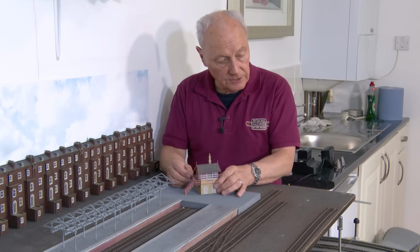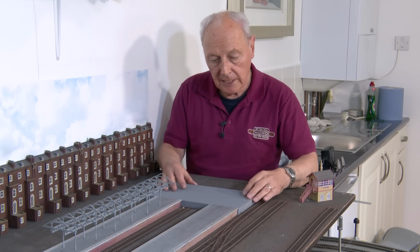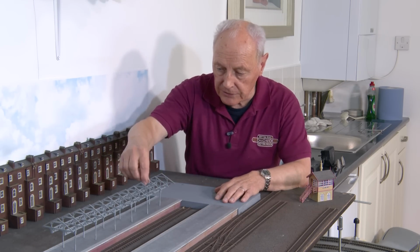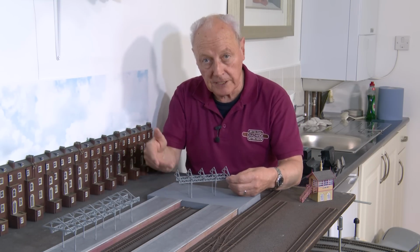Right, so chocolate and cream it is. So I just needed to try and figure out which paints are which, but because Phoenix, they do the chocolate and cream for the rolling stock, which is all high gloss, but I'm actually trying to source an enamel paint